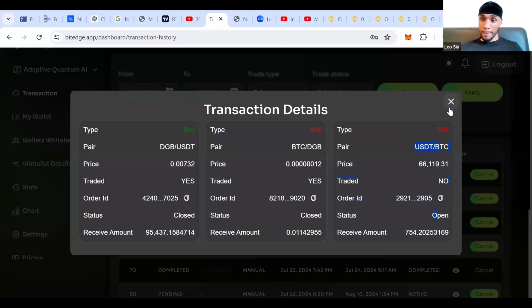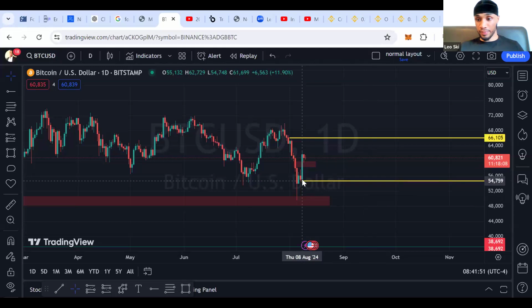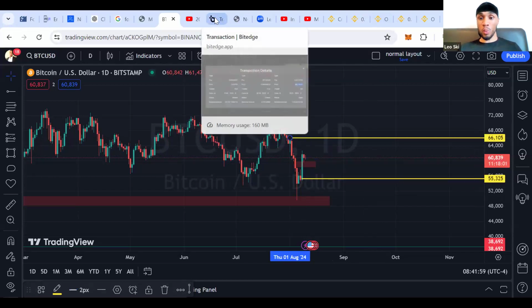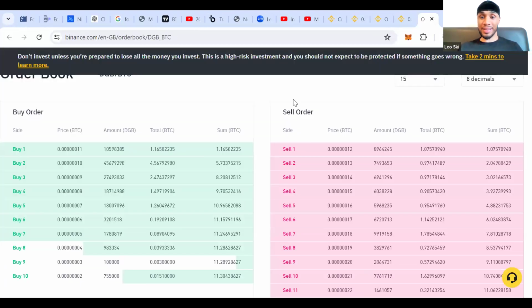Let's imagine the price was 55,000. 55,000 is here. Why am I going to wait for price to come down? I don't need to. So I'm going to go into my Bitedge, find the trade that I'm waiting for, press cancel, and then go into my Binance,